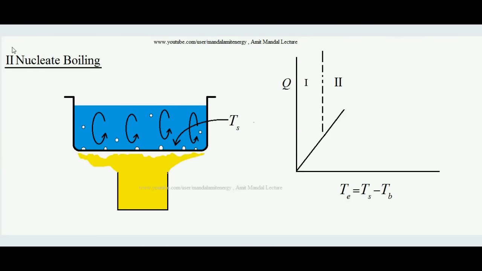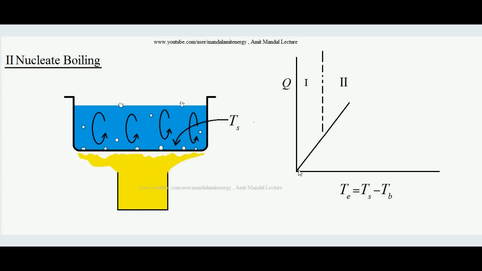The second regime of boiling will start, called nucleate boiling. Why is it called nucleate boiling? Because with further increment in T excess, it will start developing small bubbles of vapor over the immediate top of this bottom surface. So here the phase change process is happening. You can see the vapor bubbles are formed. Initially the bubbles will form, detach from the surface and start rising up, reach the top and burst at the top.